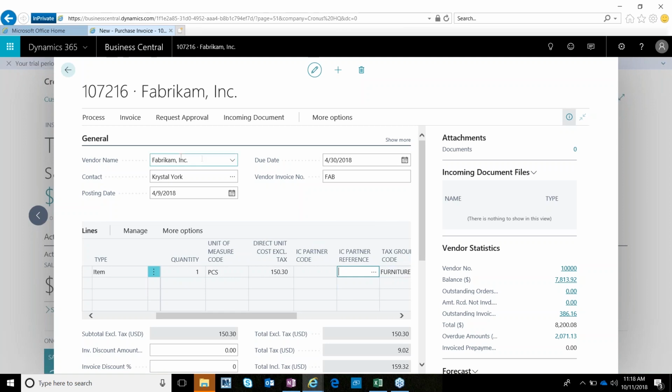And now you can see, because I did select Fabricam as my vendor, this vendor statistics area did get updated in the fact box, and you can see I do currently have a balance with them, etc. So we can go ahead and right from the top, this is where your actions are. So the way we're going to go ahead and post this transaction is just by clicking the process button and